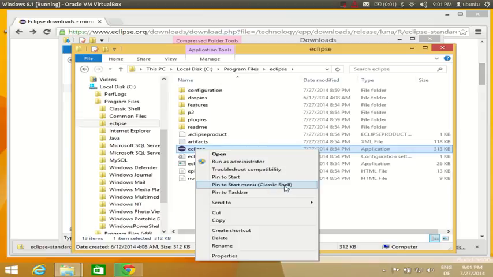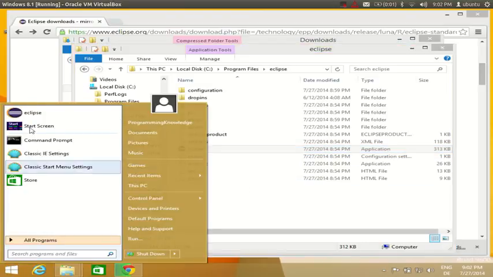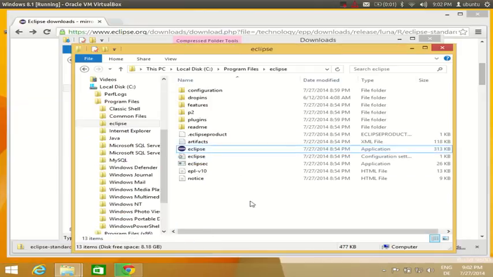I have Classic Shell installed, so I can pin it to the start menu, or I can even pin it to the taskbar. I will pin it to my start menu, which I have in Classic Shell. So I will right click and do that, and once I do that, I will be able to see here this Eclipse icon. Okay,